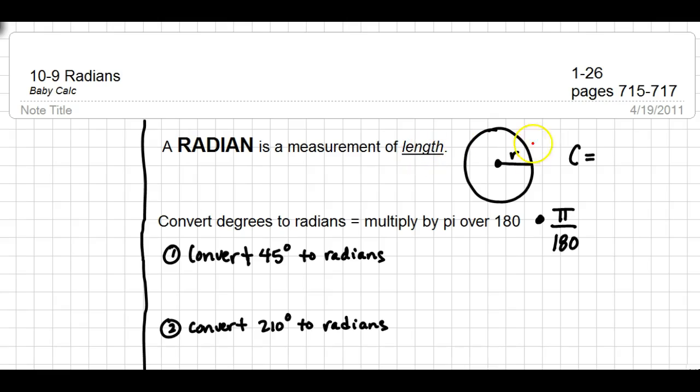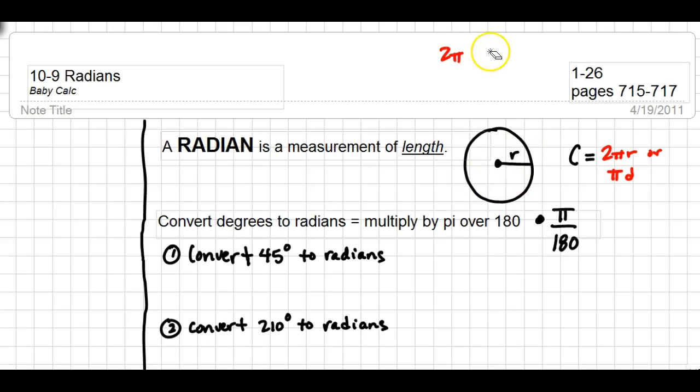When you measure length on a curved surface, that's very difficult to do. Back when you first learned about measuring the length on the edge of a circle in geometry, you referred to that as circumference, and the formula you would have been using was 2 pi r, or pi times diameter. Well, the unit circle that we're using in chapter 10 has a radius of 1. So if we're talking about 2 pi times 1, the length around the edge of the circle is simply going